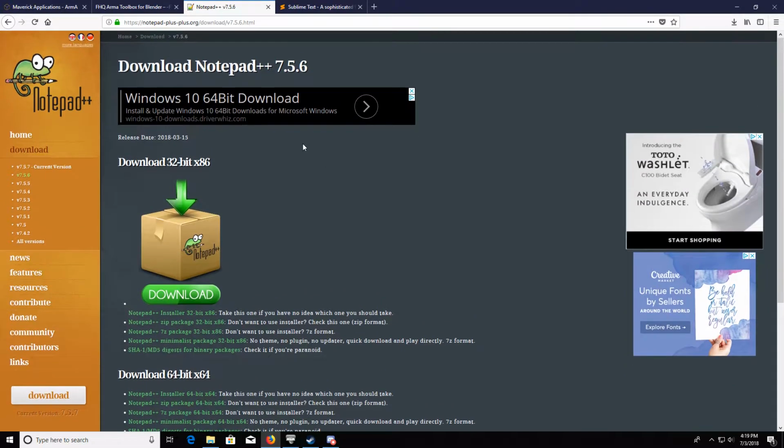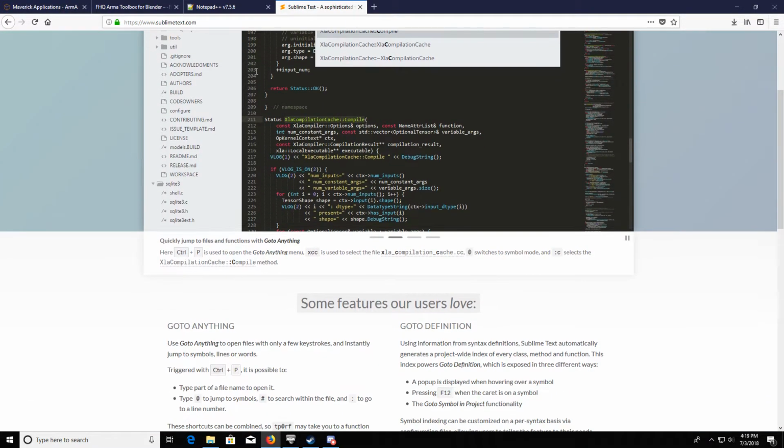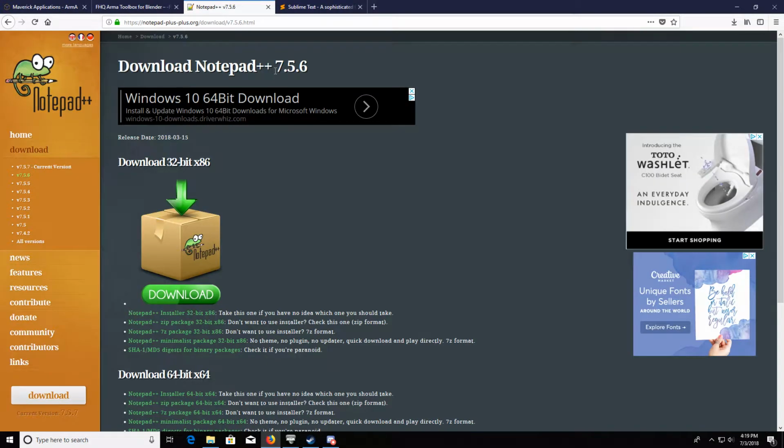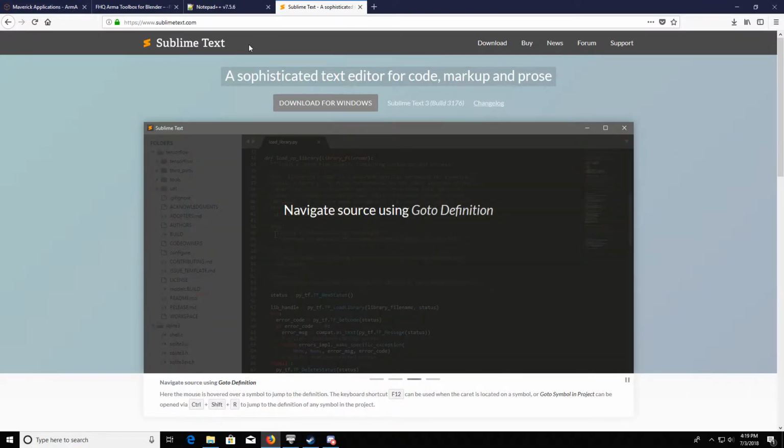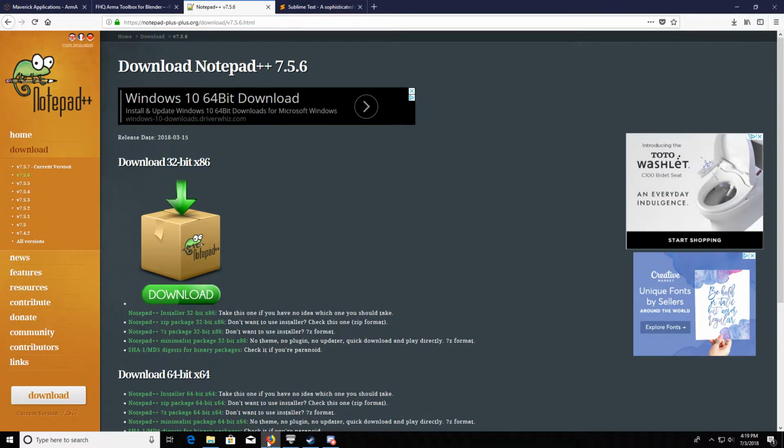Next, you'll need a text editor of choice. Notepad++ is what I used to use. I use Sublime Text now. I mean, in the end, they both do the same thing. So go with whatever one you like more. And when those are done,